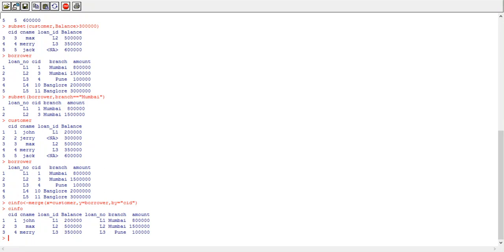Now we'll see how to implement same operation, that is inner join, by using inner join keyword. Okay, so now we have seen how to merge two data frames together by using merge function, and how to implement inner join operation by using merge function. Now we are going to see how to use inner join keyword to perform inner join of two data frames.